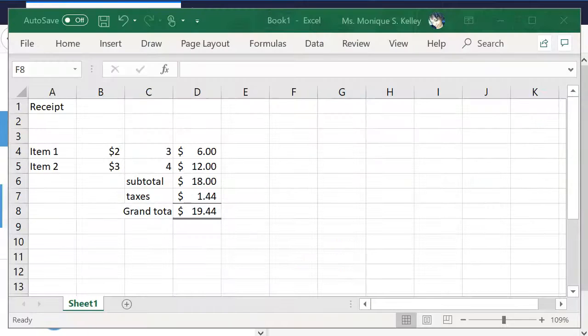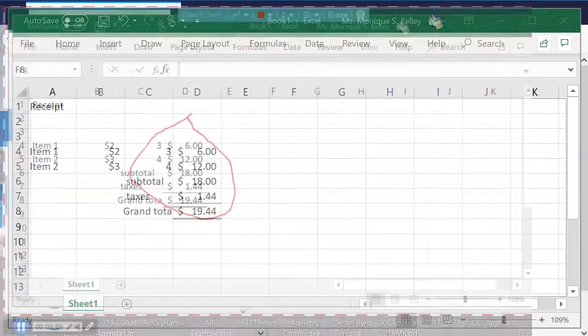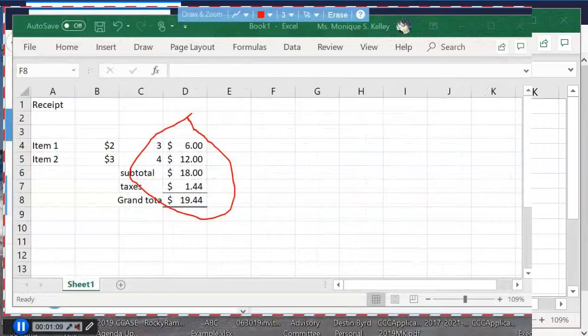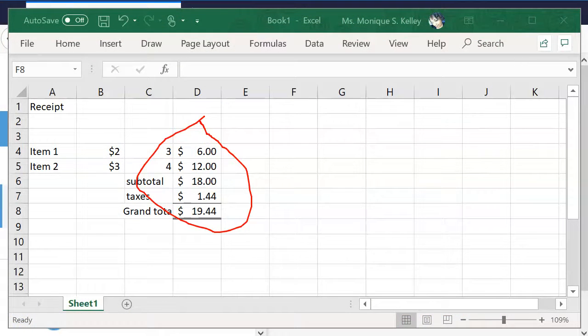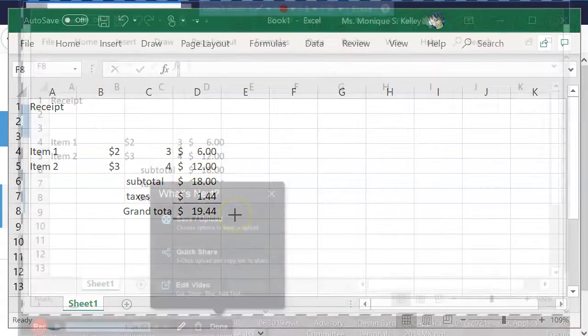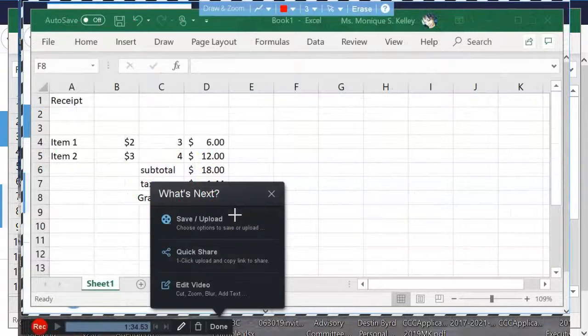dimensions. In the bottom of your recording area, you will have an option to turn on the cursor. It's a little icon that looks like a pencil. And if you'd like to add markups to your files and have it recorded, by all means you can do that. Or you can do the erase, but those features are available. And then you will also have the option to do a delete if you decide you want to start from the beginning, or when you're ready to conclude your video, you can also select the done, which is at the